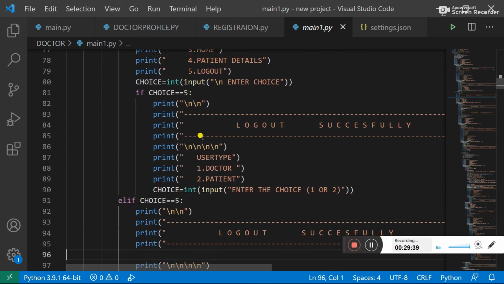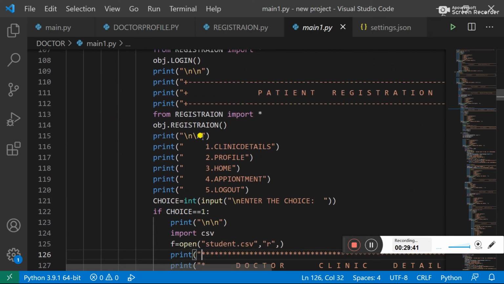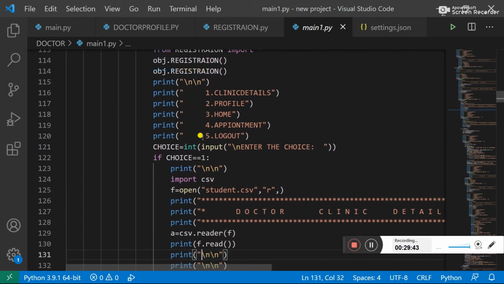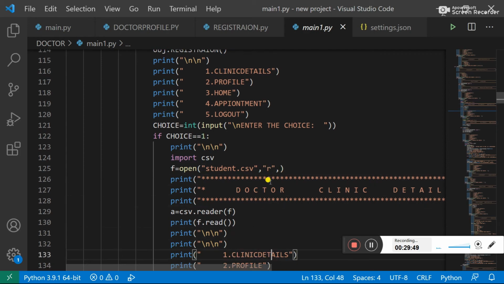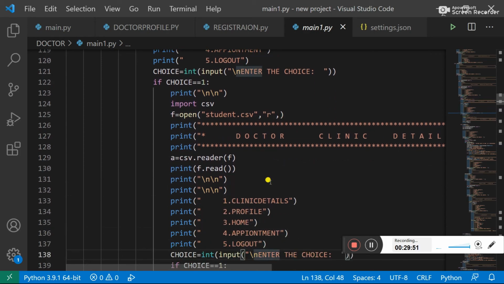And in the patient clinic details we are reading the data. You can see here we are reading the data. So whatever data the doctor enters in the clinic details will show up here.